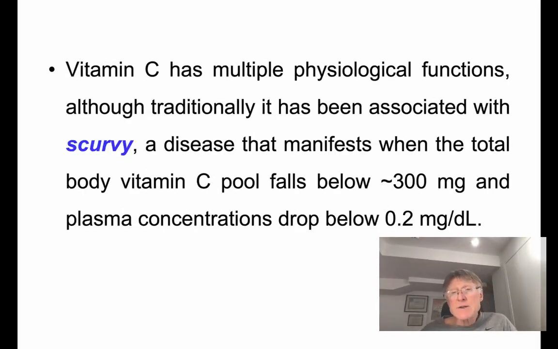So what are the functions of vitamin C? It was originally associated with scurvy, and scurvy is a disease that manifests when the total body vitamin C pool falls below 300 milligrams and plasma concentrations drop below 0.2 milligrams per deciliter. So scurvy is probably the condition that led scientists to discover vitamin C, because